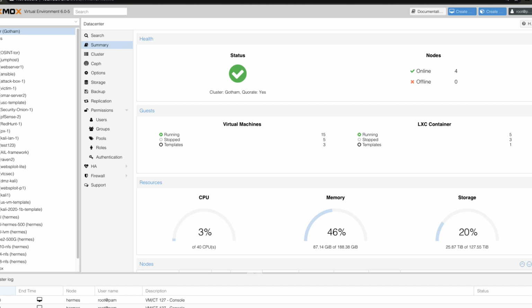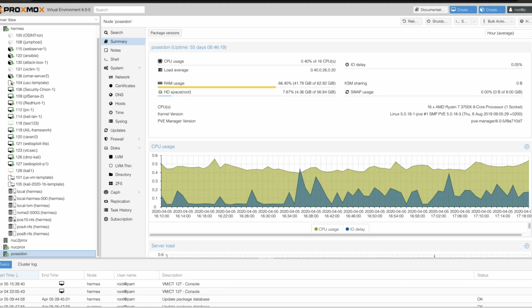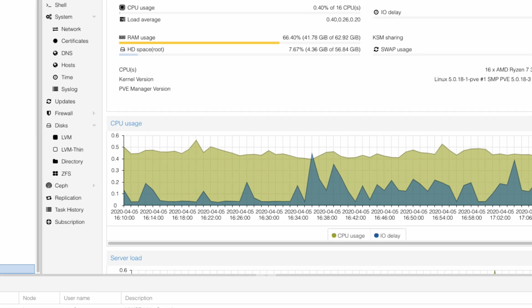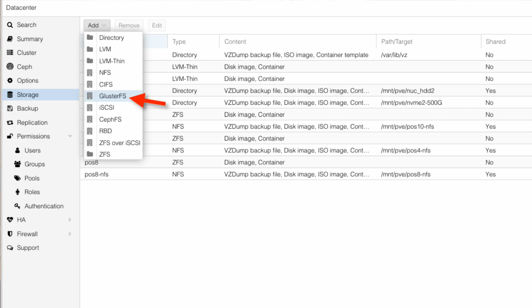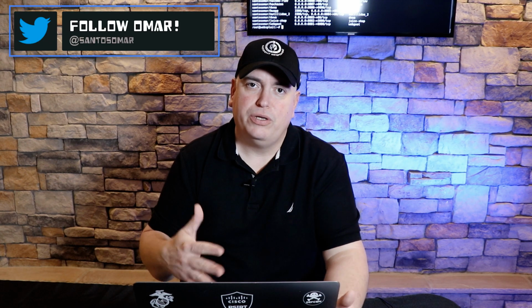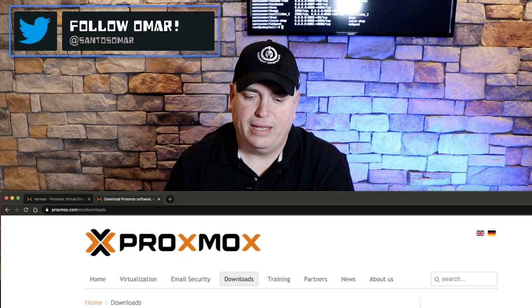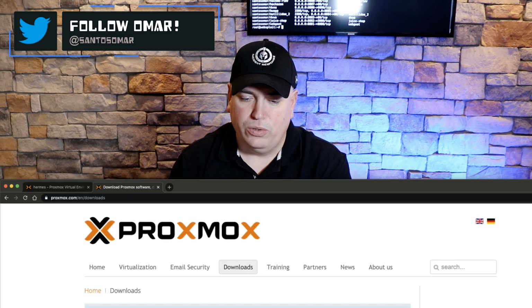And it's super powerful. It includes many different technologies that are used by many large organizations. For example, it includes support for Ceph and also GlusterFS and ZFS, for you to be able to do redundancy and so on. So to download Proxmox, you navigate to proxmox.com, and then you go to downloads, and then